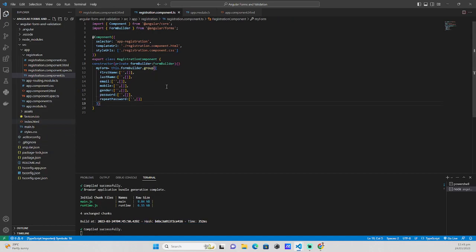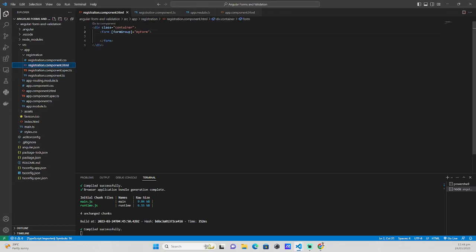Now we basically created our form. The form will contain first name, last name, email, mobile, gender, and password. Then the user will have to repeat the password in order to confirm that the registration password he's using is matching. So let's just keep the validators null for now because we're gonna add something in the HTML file first. So going back to our HTML component,